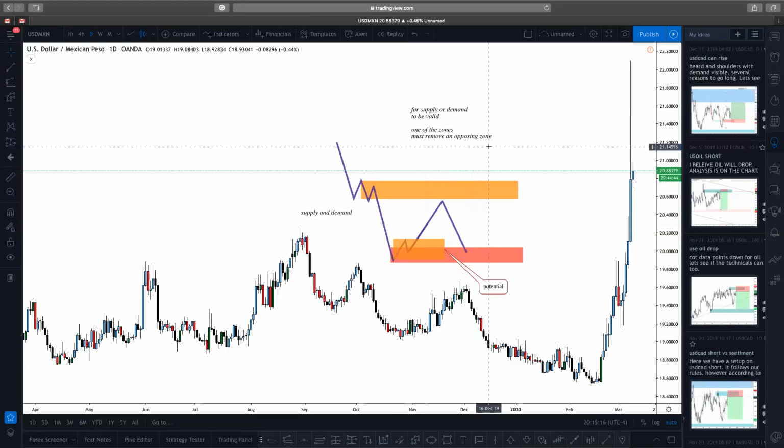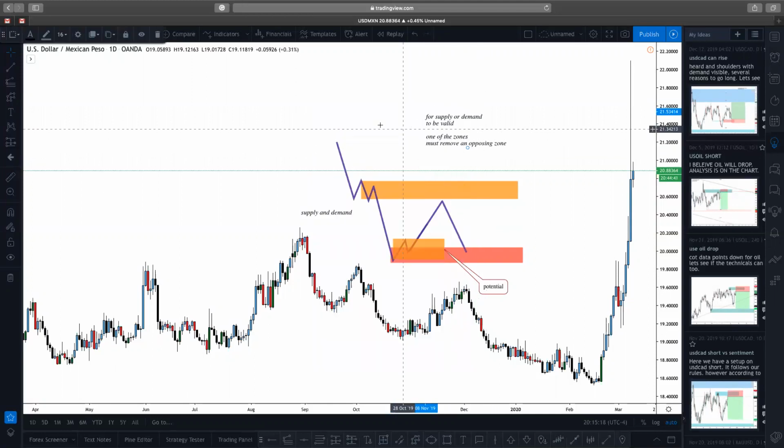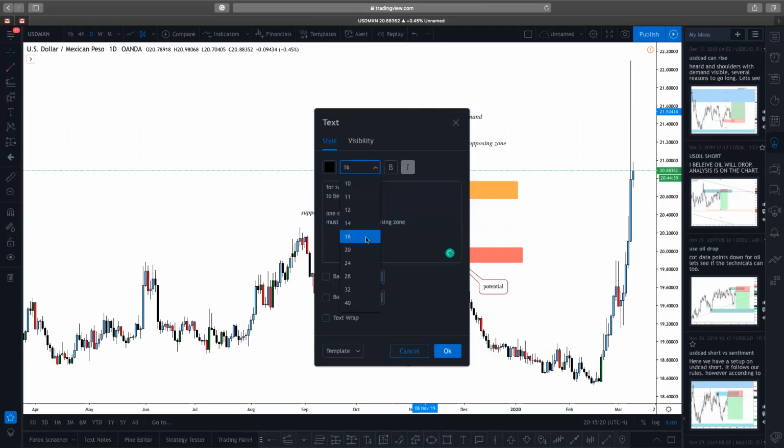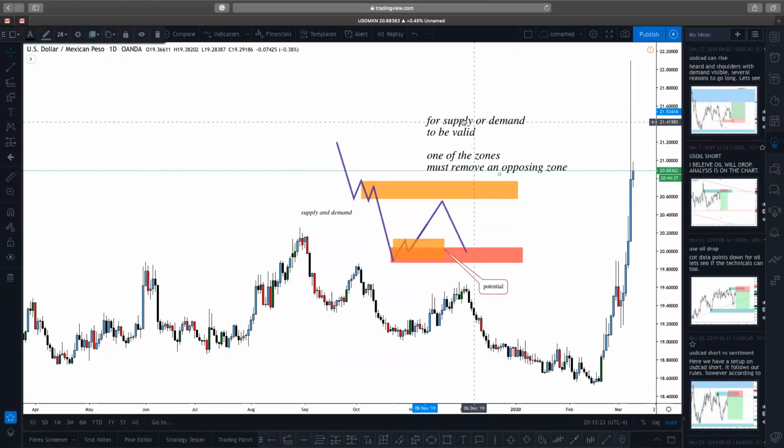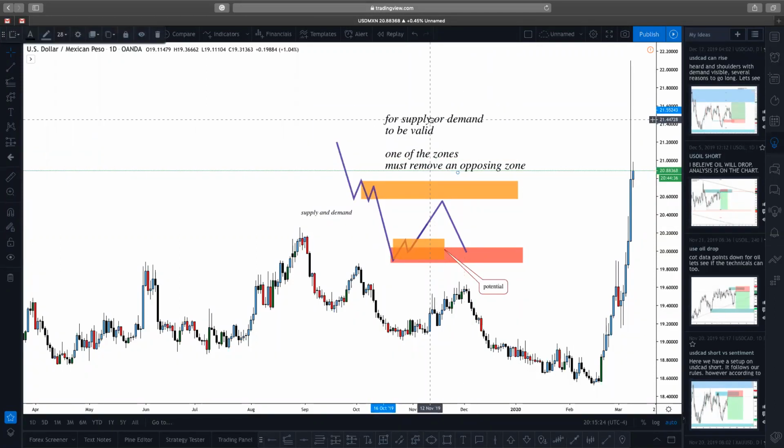An opposing zone. So let me make this big and bold, right, for everybody to see, right? For supply or demand to be valid, one of the zones must remove an opposing zone, right? That is one of the confluences for supply and demand, right? If supply or demand doesn't remove a zone, that is not considered valid, right? It's low probability,